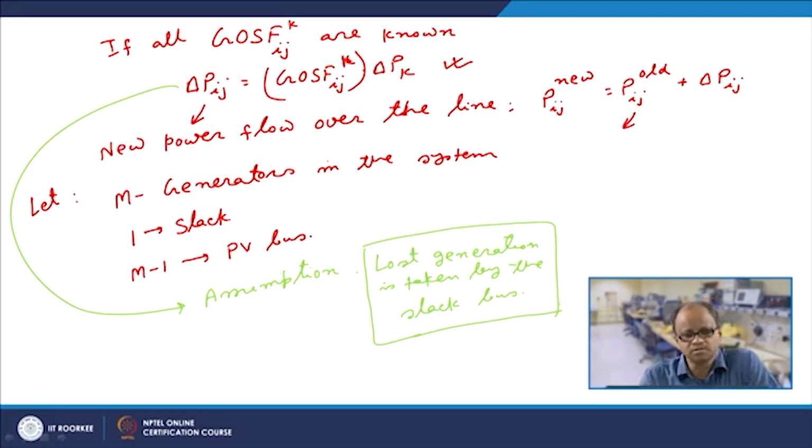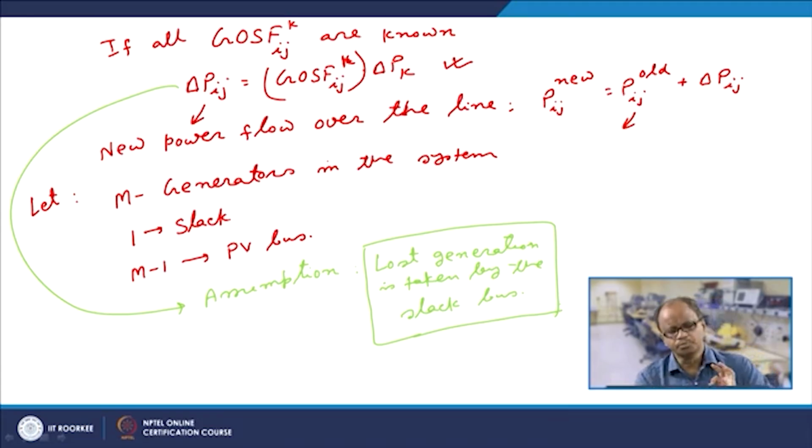So, this assumption, although it is a very convenient assumption, is not really very feasible, because there is a chance that in this process this particular slack generator would not be able to supply the entire power, since the requirement of supplying the total real power may simply exceed its rating. If that happens, then obviously this slack generator will also not be able to supply the entire generation. So, in that case also we have to resort to